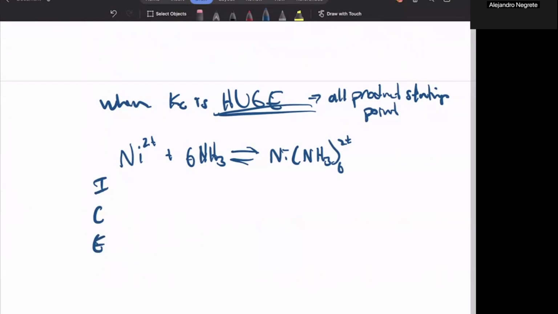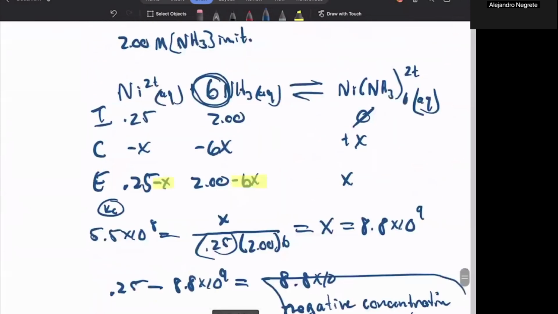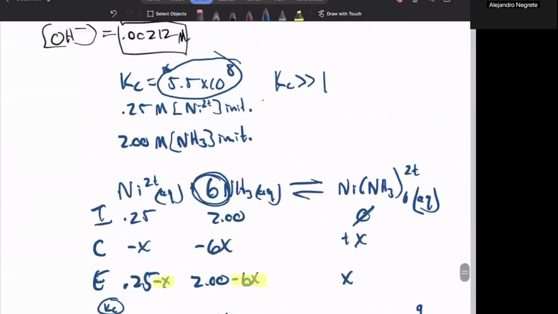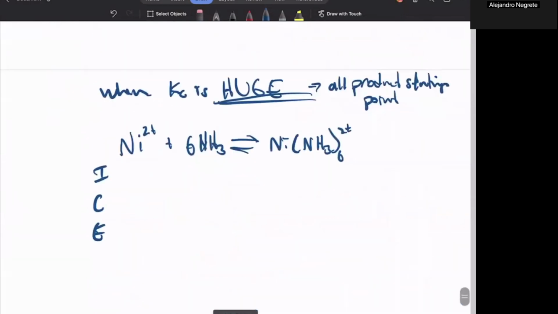Okay, so stay with me here as we work back through this. We're going to assume that we're going to have 100% of product. And if we assume that we're going to have 100% of product, that means all of this is gone. So instead of starting with all reactants, we're assuming this is going to be the reverse reaction, and we're going to have